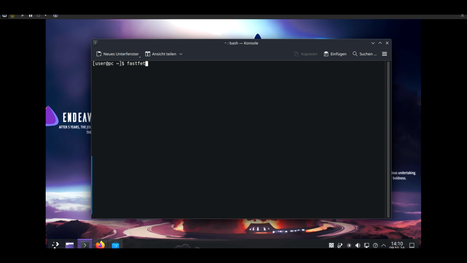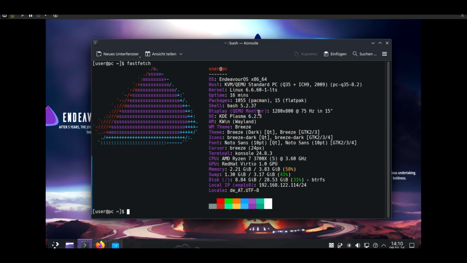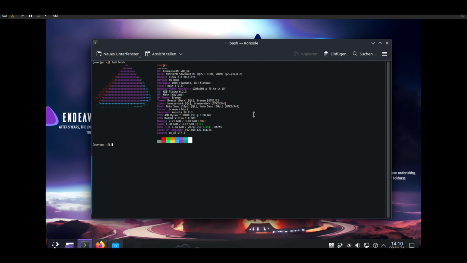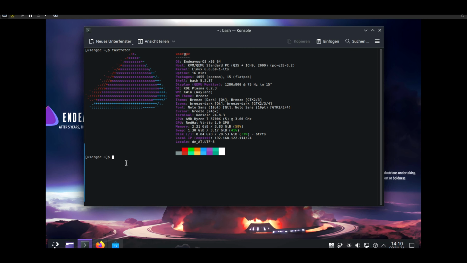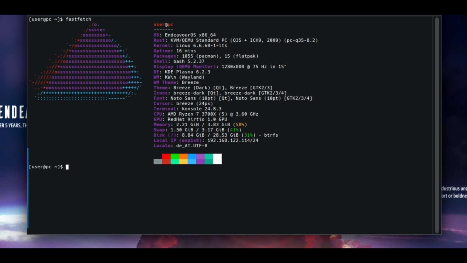So we are working with ButterFS. Let's make it a bit smaller here. And the thing is, we are having one problem, you might say, and that is we are working on an Arch-based system, which means that you will always get the newest packages, the newest updates, etc., which means, if you're performance optimized and want the newest updates, distros like this will be